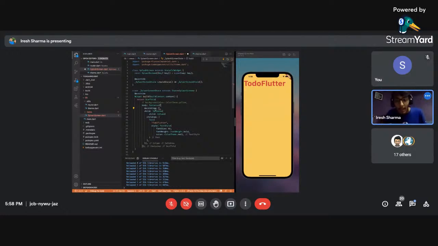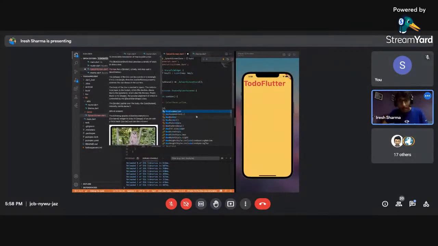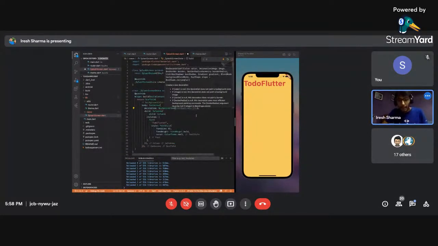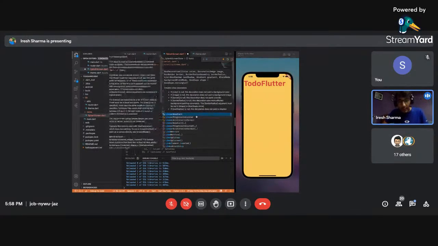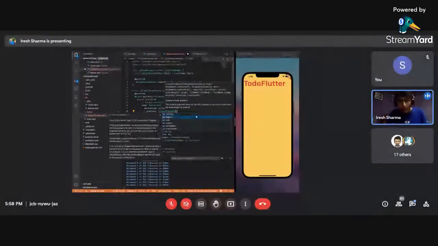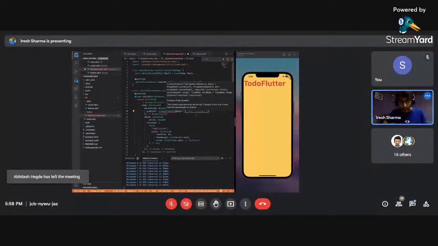So a container is basically a box. So we can give it box decoration, which takes a gradient, which can be a linear gradient, which begins at